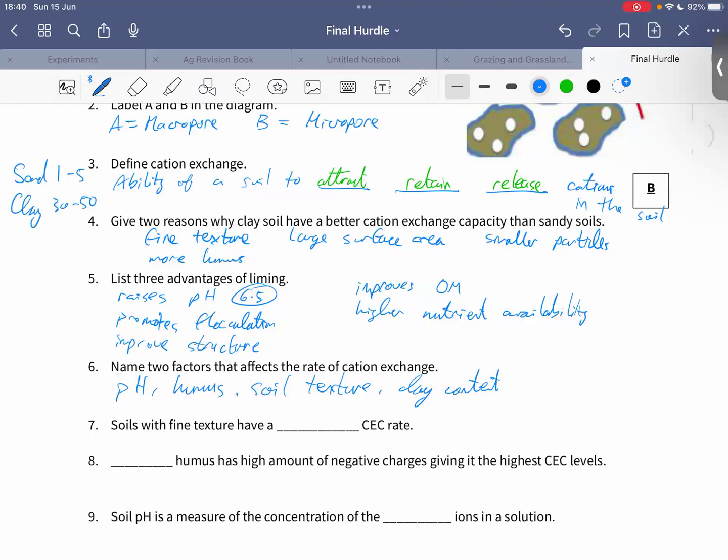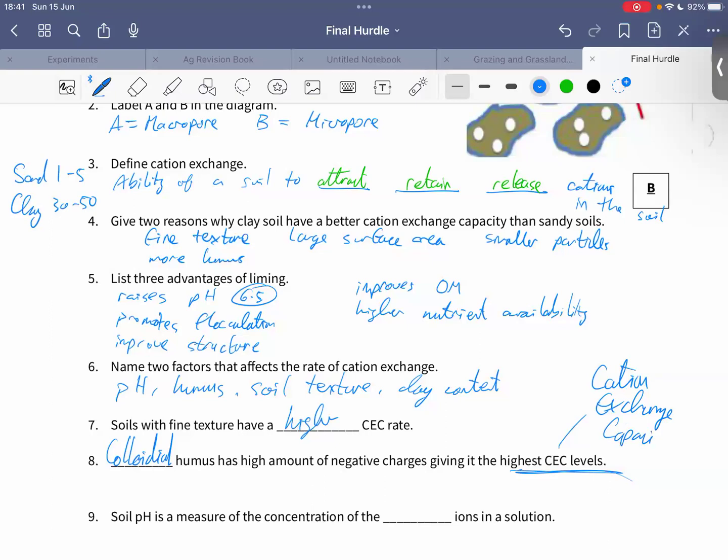Soils with a fine texture have a higher CEC rate. Brilliant, Emma. Thank you. And Kieran, what humus has the highest amount of negative charges, giving it the highest CEC levels? Colloidal humus or colloidal clay is going to be the highest rate of cation exchange capacity. I'll just write that there. Cation exchange